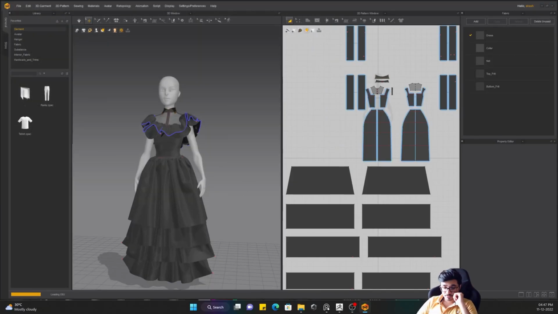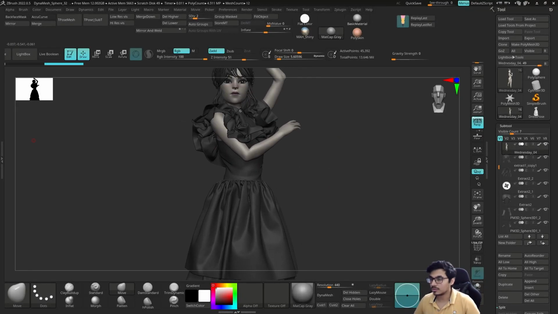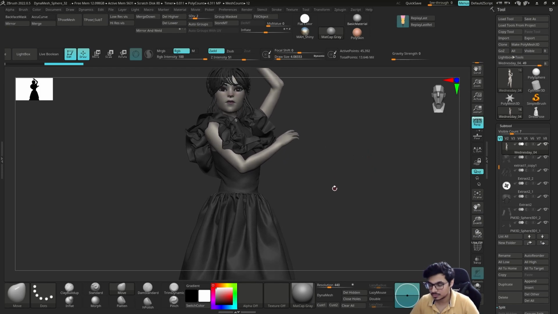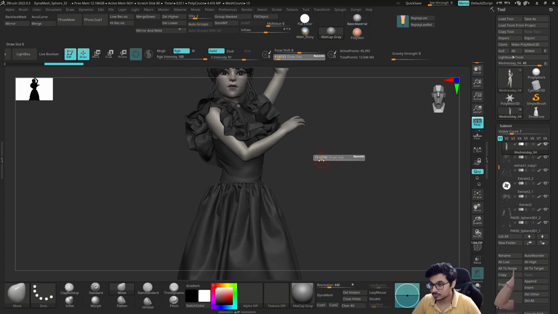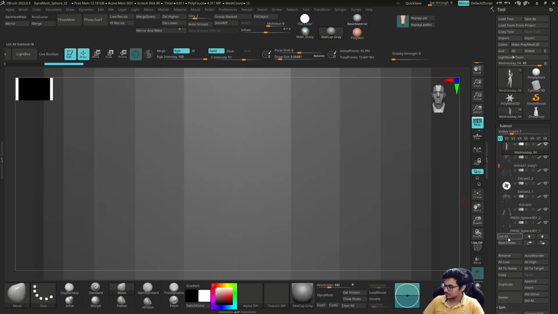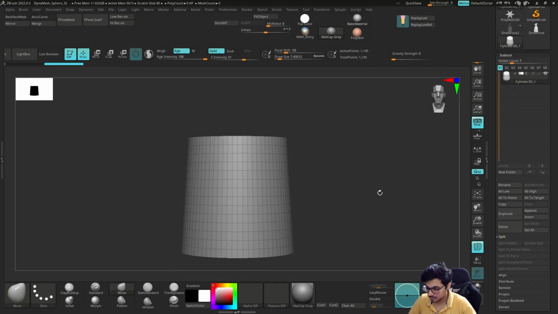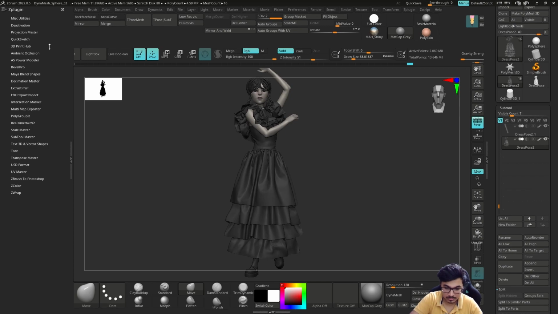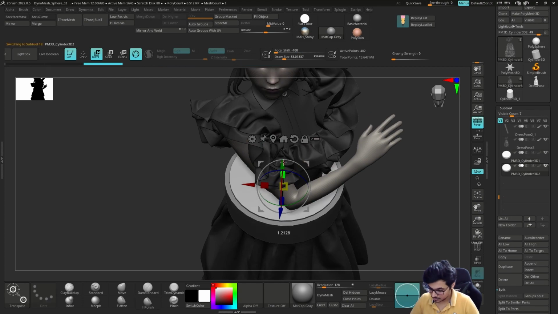So here we go. We are in Marvelous Designer, trying to bring in the pose. Yeah, it was laggy, it was slow. So yeah, we came back with the simulated dress, and it looks so much better. And yeah, I'm creating the belt